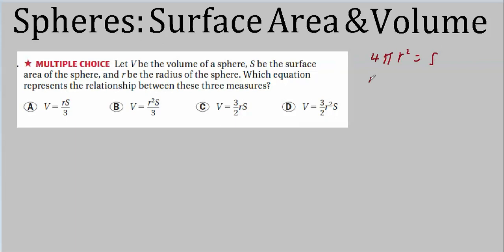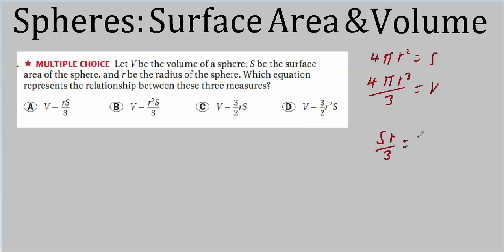On the other hand, 4 pi r cubed over 3 is the volume. Well, let's see here. That means volume. If we started with surface area, we could get the volume by multiplying by r. That would give us our r cubed, kind of like what we did in the previous problem when it was set up incorrectly. Now that's s times r over 3.